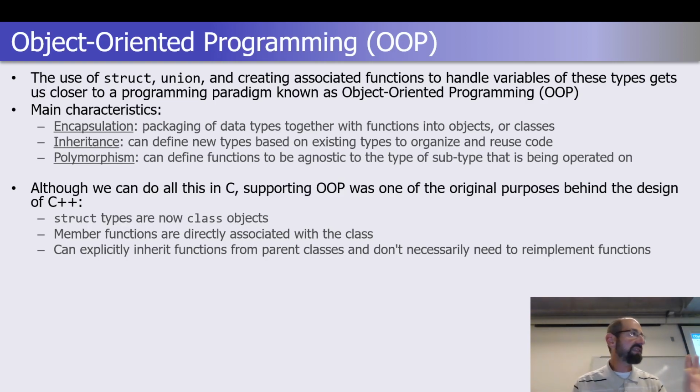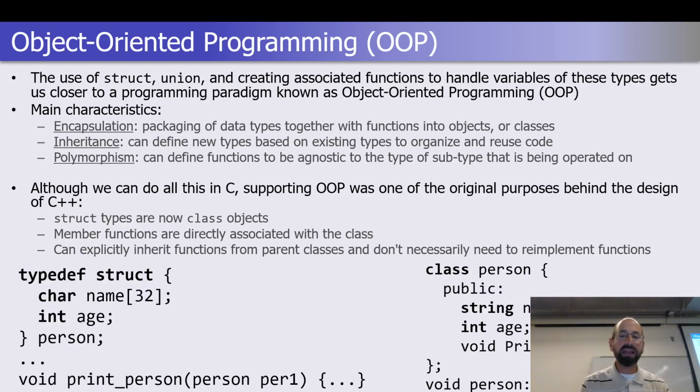But when you start to see C++ code that looks maybe more like this, where in our C here on the side, we have a structure we've defined that has maybe a string, has an integer, and has the name of that structure. And then somewhere else, we have various functions defined that are going to operate on that structure, like print person. In an object-oriented language, like vanilla C++,